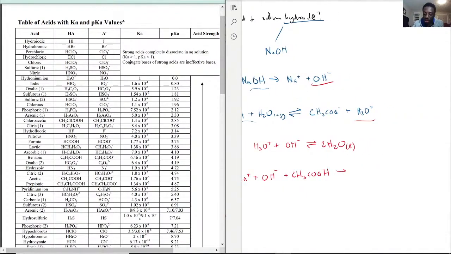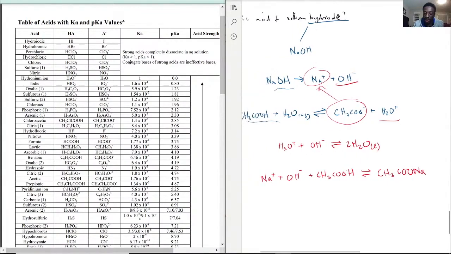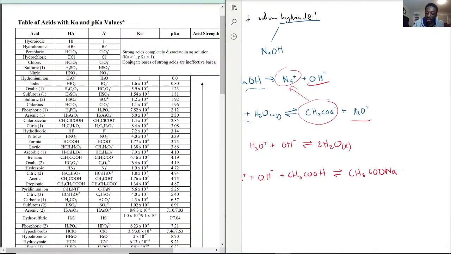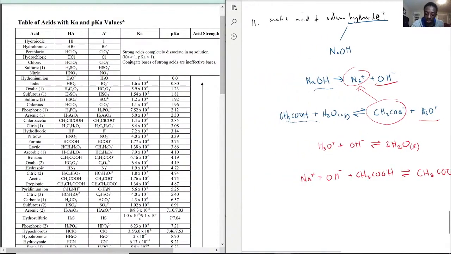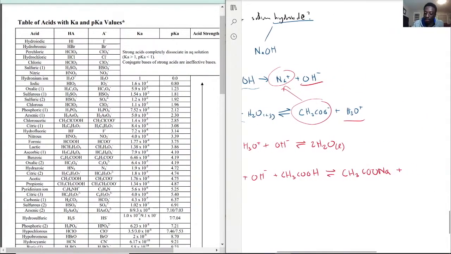That would go into CH3COO-, and the Na+ would form this, and then we have plus, oh, I almost forgot, plus H2O is the last part, because we still need that water, and there'll be